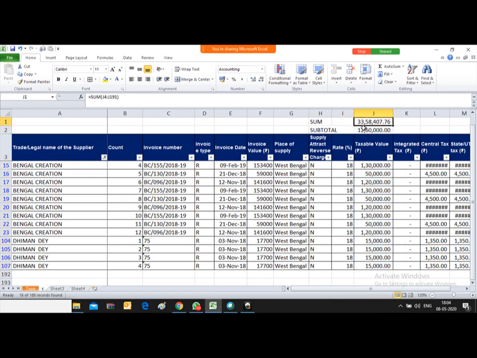But the summation function is adding the entire column, the entire selected range, and not only the visible cells. So while applying the summation and subtotal formulas, you have to be very careful, because subtotal only adds those cells which are visible and summation adds even if the cells are not visible.